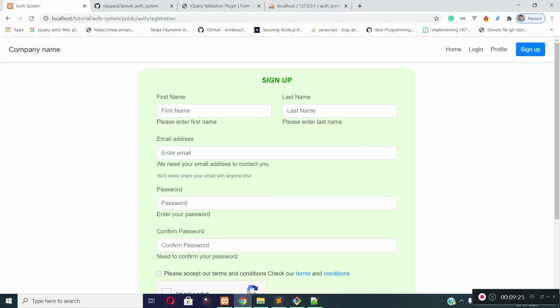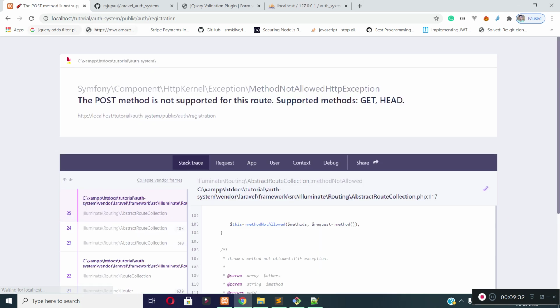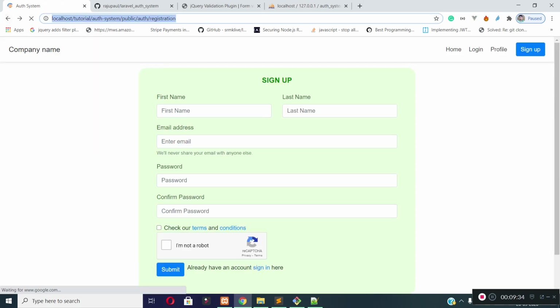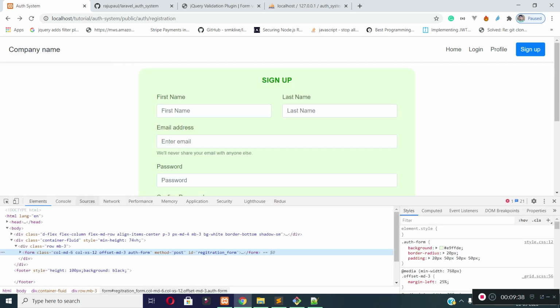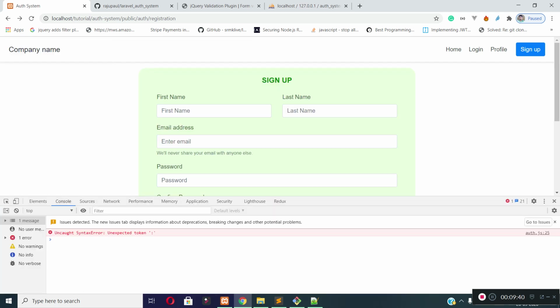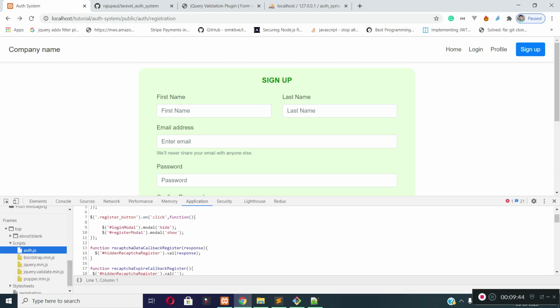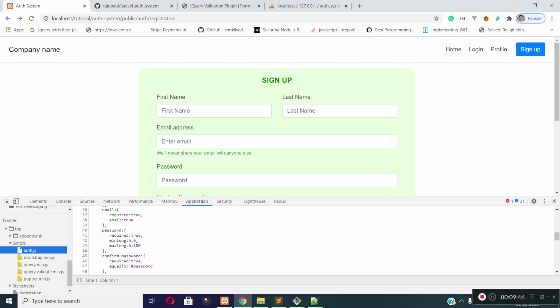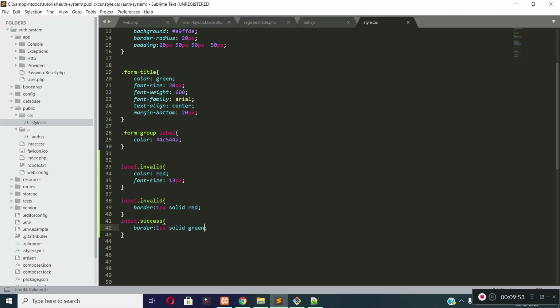Now if I save the file, refresh the page and submit the form, okay, refresh the page and inspect the page. If there is an error, okay, there is an error. What is the error? It is in the JS line number 25.